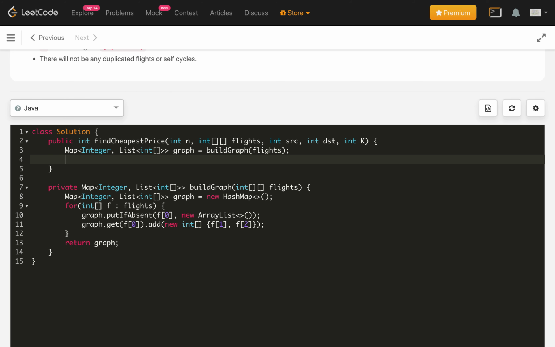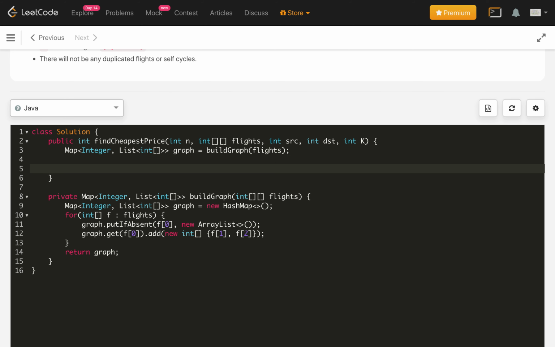Now we will start the actual BFS. For BFS, let's first create a min path cost variable, which is initialized with Integer dot max value.